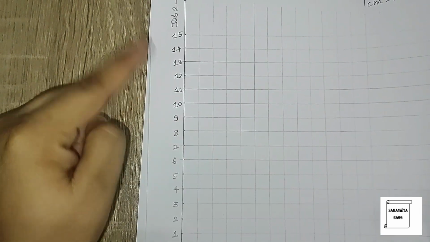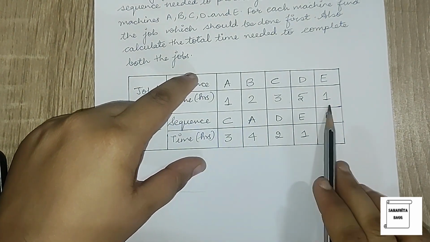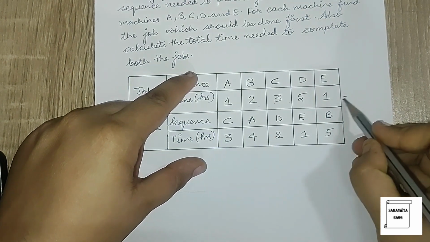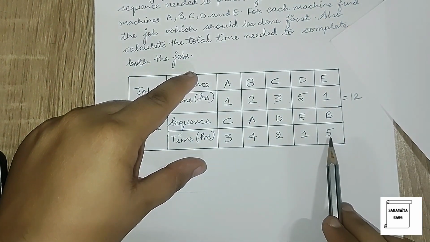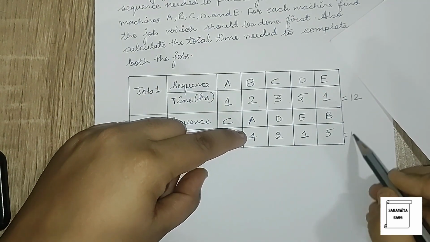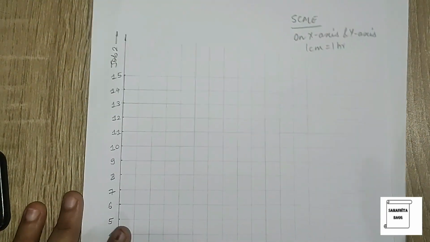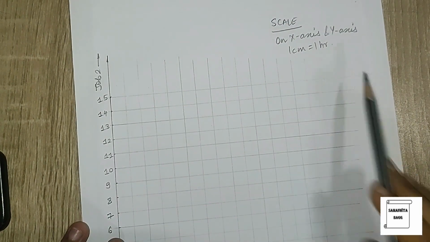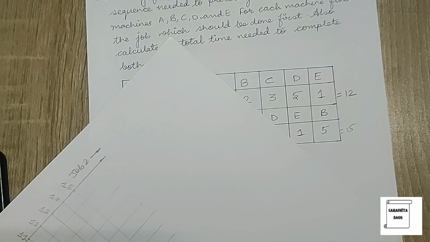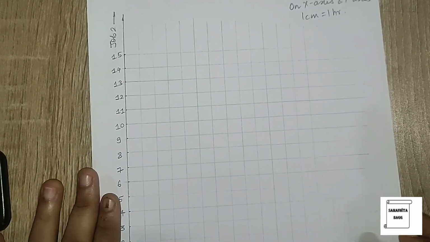Now I have given this scale because of the times that I saw over here. If you add all of this, it is 2 plus 2, 4, and 8. This becomes 12. Here it is 5 and 3, 8, 8 and 4, 12, 14, 15. So if the summation is approximately 12 or 15, you can use a graph paper with a scale of 1 centimeter is 1 hour. If the time exceeds this and becomes quite greater, like in the next problem, we will use a scale accordingly. So now I am going to plot here.